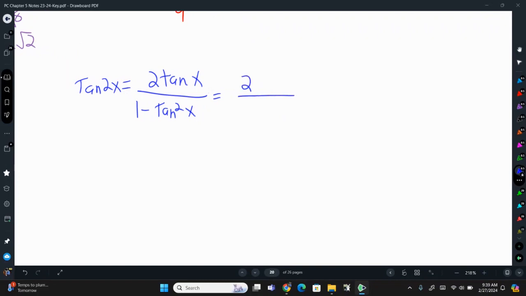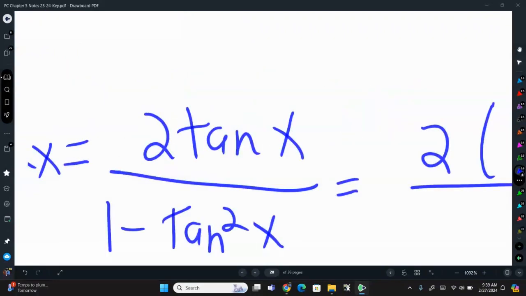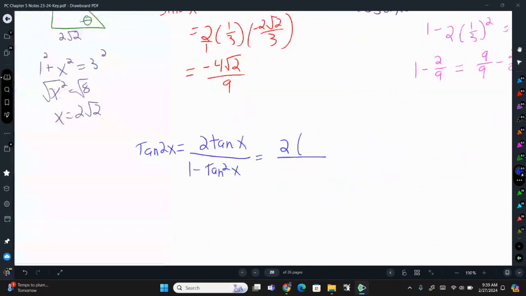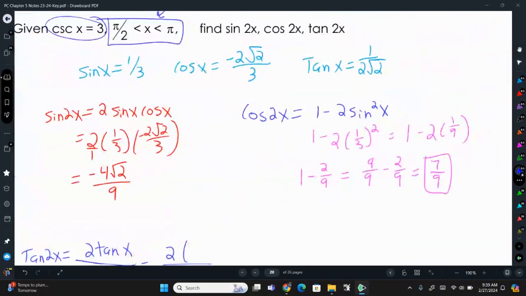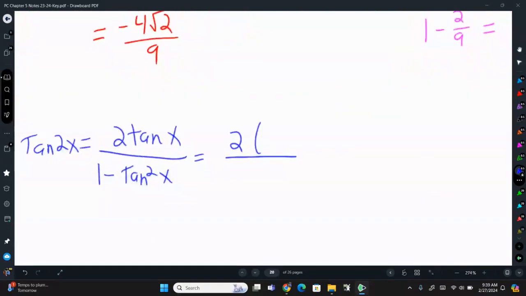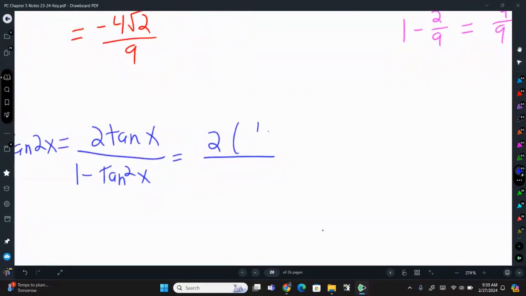So we have 2 times, our tangent was 1 over 2 times the square root of 2. Sorry, negative 1 over 2 times the square root of 2 over 1 minus tangent